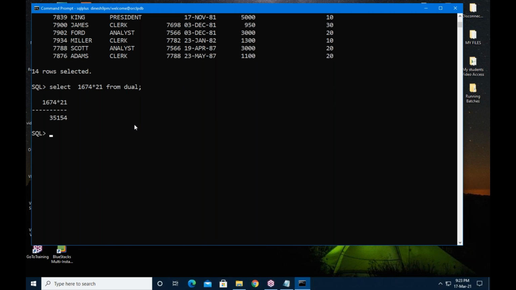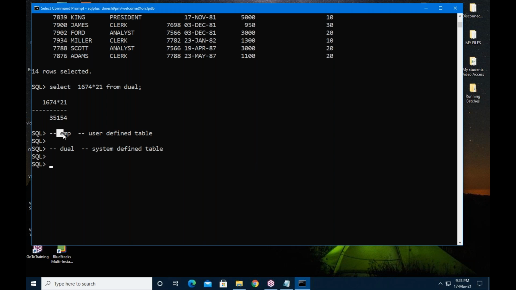What is dual? Immediately the people have a doubt. Sir, what is dual? Dual is a system defined table. See, EMP is a user defined table you have created. Similarly, dual is a system defined table.